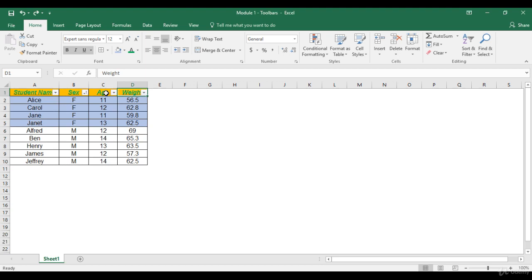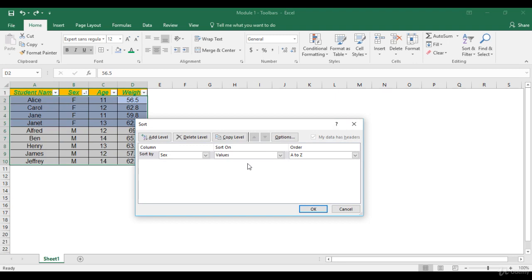Now let's say I want to add another dimension to it. So I go to sort and filter, I click on custom sort. The data is already sorted by sex. Let's click on add level. Now let's sort them on the basis of their age as well. So within males or within females, right now you can see the female group has 11, 12, 11, 13. By adding a new level of age, it will sort the female group with respect to their age. So we'll have 11, 11, 12, and 13. Similarly, for the male ones, we'll have all the ones which have 12 first, 13, and then 14.